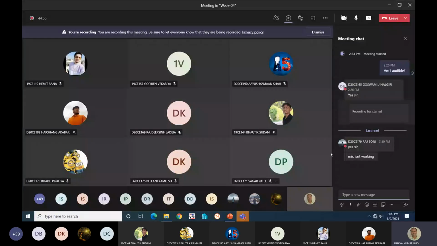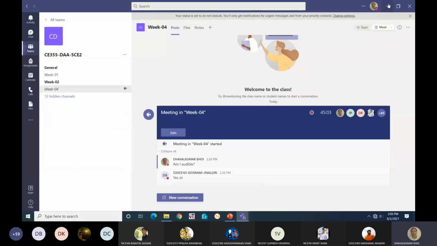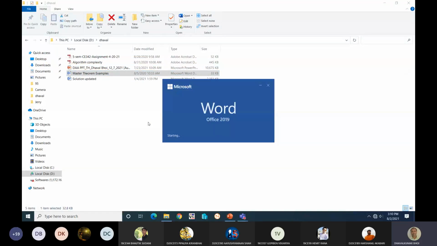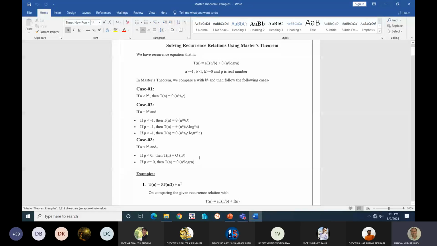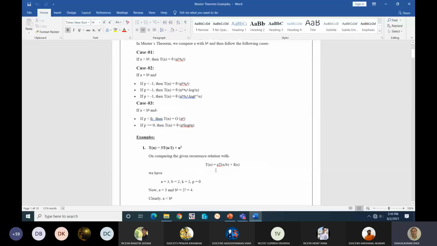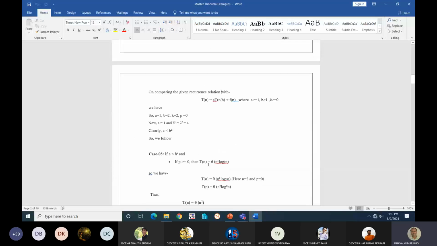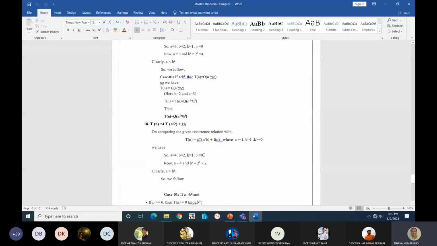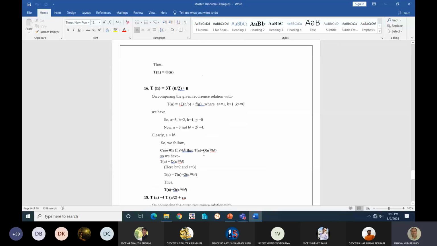So now the next technique is the master theorem. Related to that, I have already prepared one large assignment that I gave to last year's students. Let me show you that example. I hope my screen is visible. So this is our master theorem. These are the equations that you can apply, and after that around 15 to 16 problems that we try to solve. I will be giving you one or two today and you try to solve them.